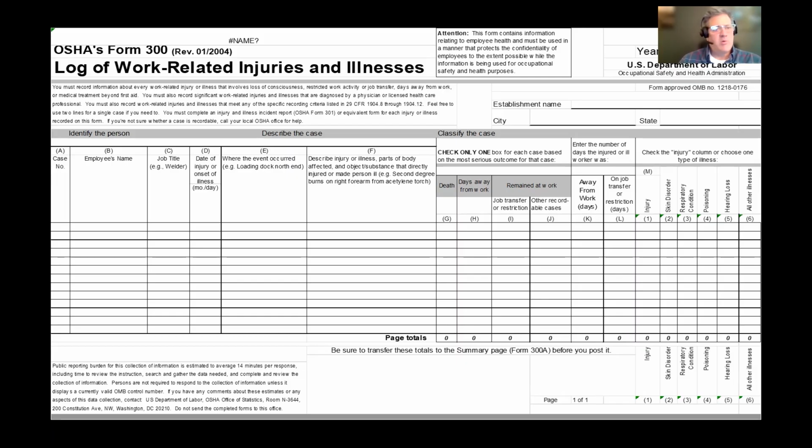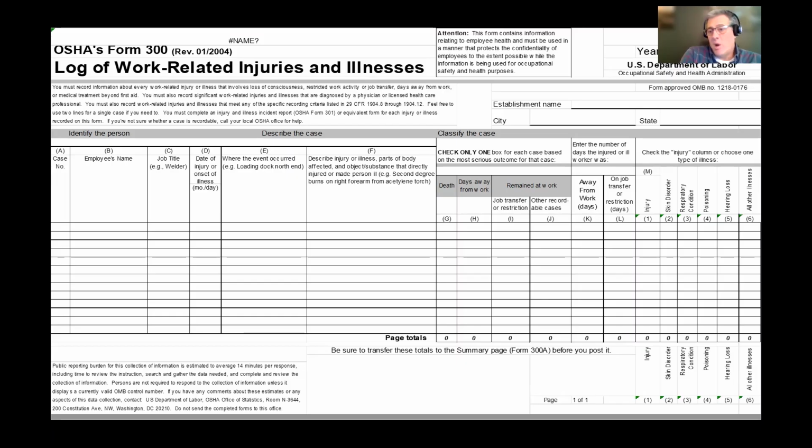So most employers I work with, I'd say just put the claim number in column A, employee's name in column B. And remember, this is not a public document. This is internal, so nobody sees this except you and eyes above you. Now, you may get a request for this documentation from a GC, a general contractor, or from an ownership group that you're working with on a project. You can redact the personal information on this document. You can black out or delete before you send it column A if it's a claim number, column B the employee's name. It does not have to have that personal information on there.